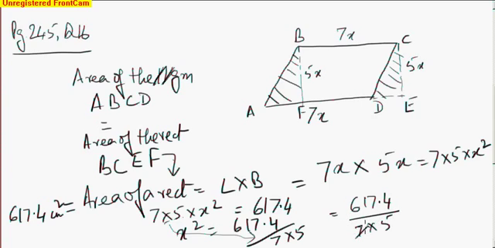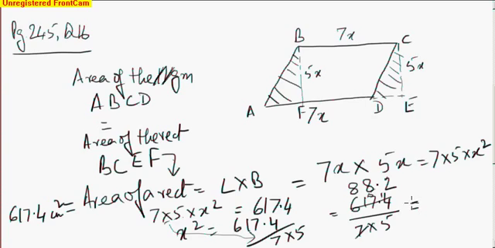I think this will be divisible by 7. 7 8s are 56, so this becomes 57 here. 7 8s again 56, and 57, carry 1, 7 2s are 14, which gives 88.2 by 5,